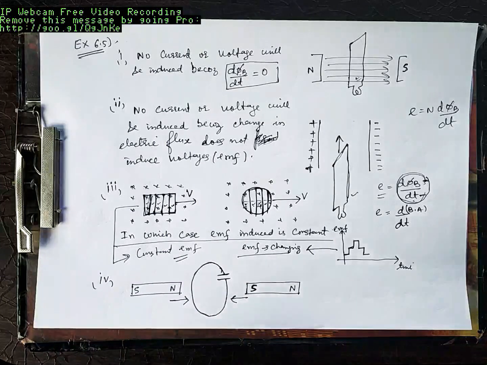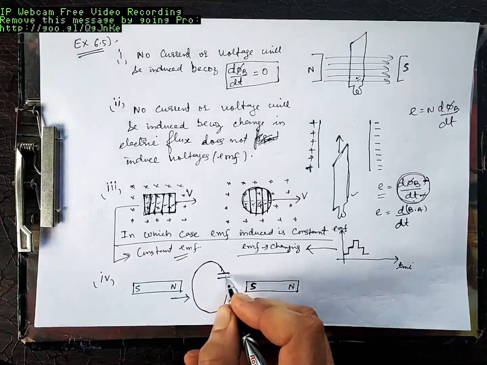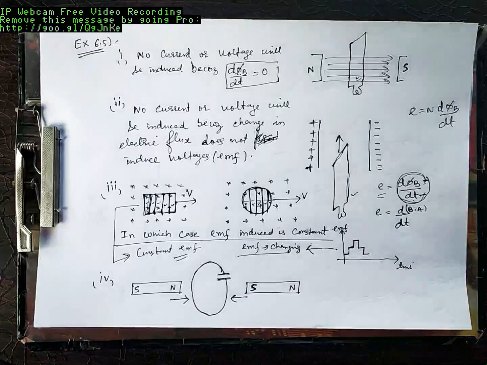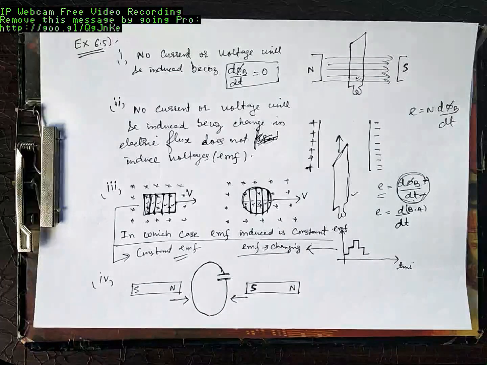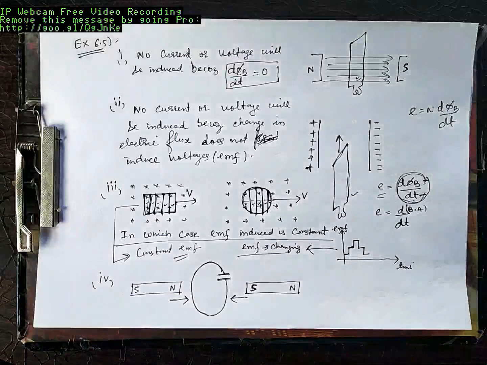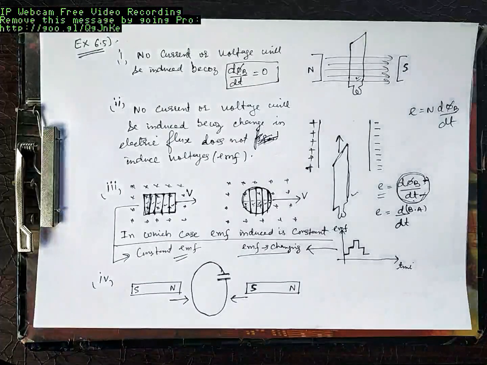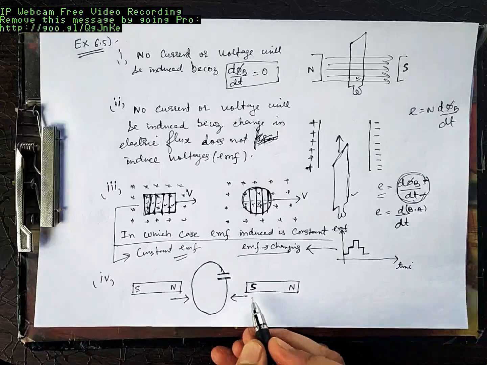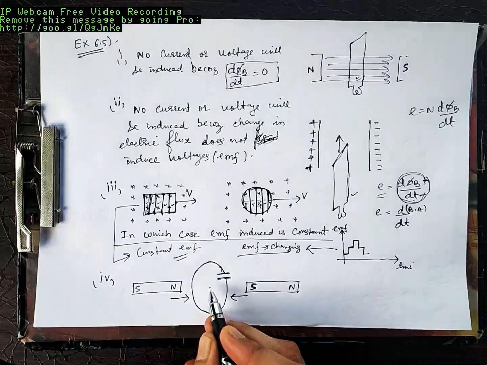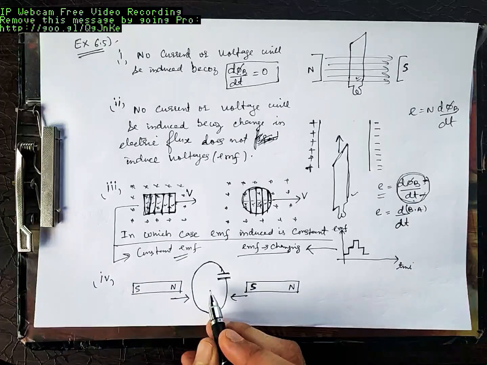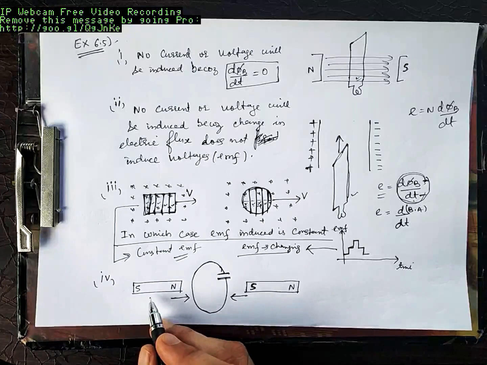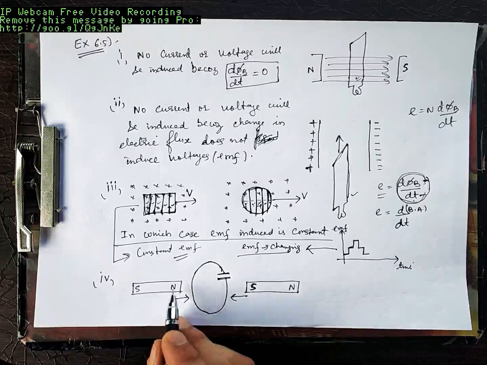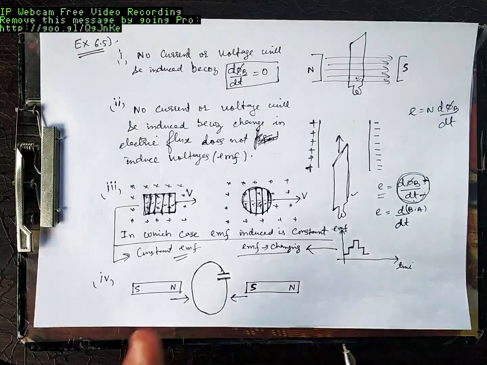It's being asked what is the polarity of this capacitor? Which plate of the capacitor will be at a higher voltage? Or which will be positive? Which side will be positive? When south is pushed towards this, this side facing the south should be south. North is pushed towards this side, so this side should be north. Looking from the south side, this should be south.